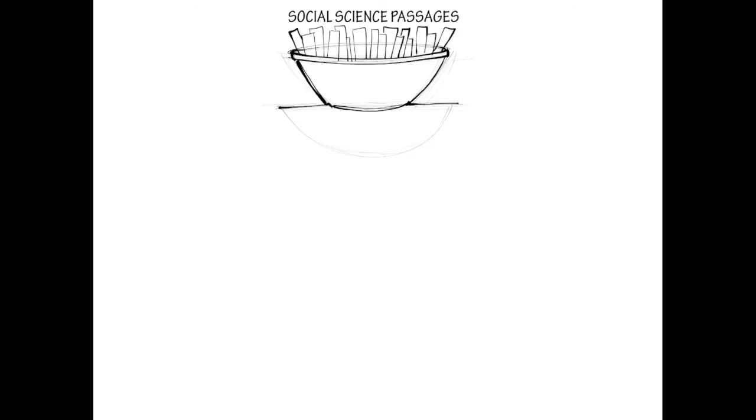So let's talk about the social science passages. These are passages about the economy, psychology, which is the study of human mind and human behaviors, sociology, which is the study of human society, or even a historic document, like something written by the Founding Fathers. And partly because of the wide variety of content possible, the social science passage can be one of the trickiest